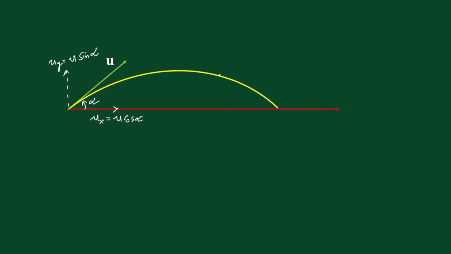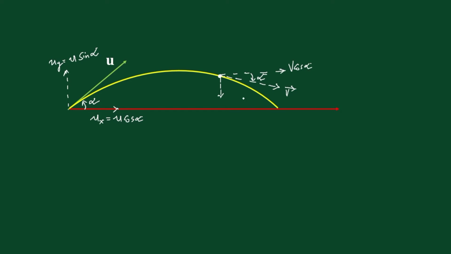At this point the velocity is given by the tangent drawn and it is v. In the question it is also given that it makes the same angle alpha with the horizontal. So we can mark alpha as the angle with the horizontal. This velocity vector also can be resolved into two components. One is v cos alpha and the other one is v sin alpha.